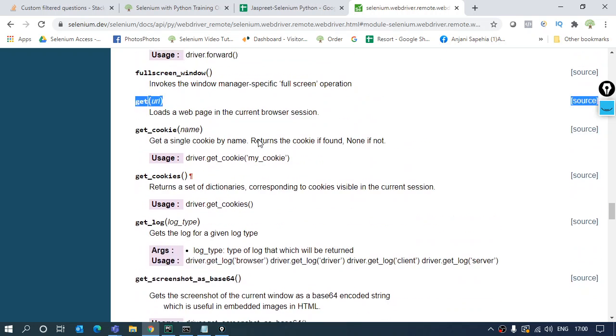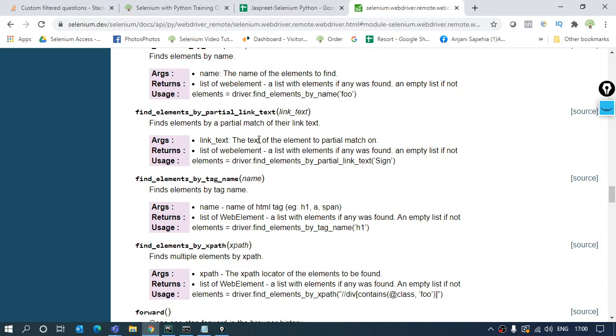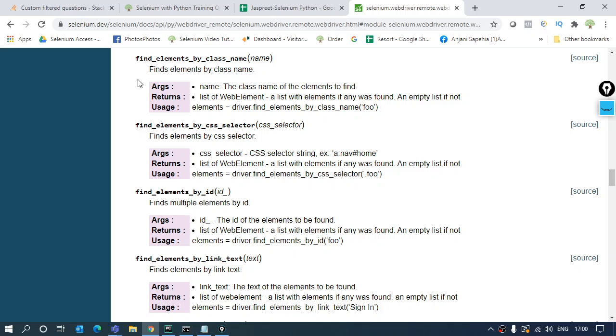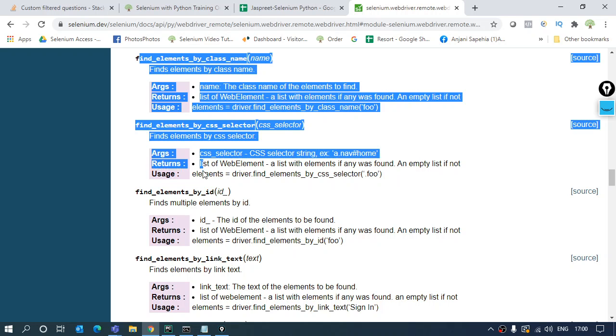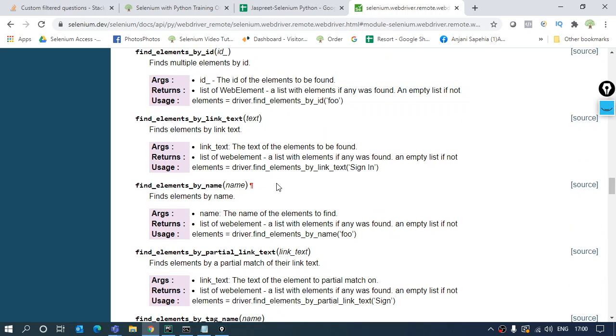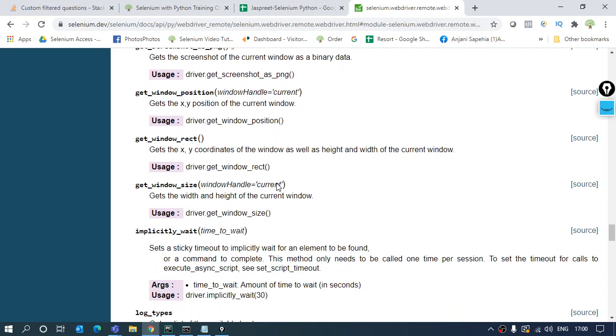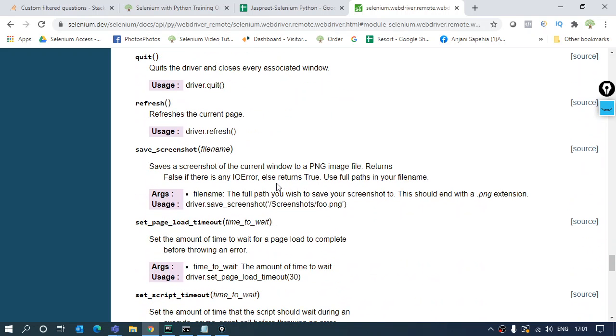Likewise, when you have to interact with the web page, you need to use the elements. You need to click an element, click a button, or type in somewhere. The find element commands here are going to help you. And these functions work on every browser you wish to open, be it Chrome, Firefox, Edge, IE, anyone you want. So this is what we are going to use.